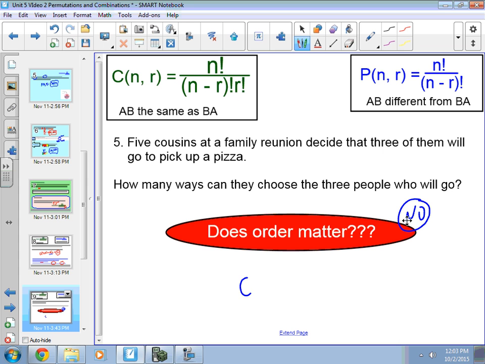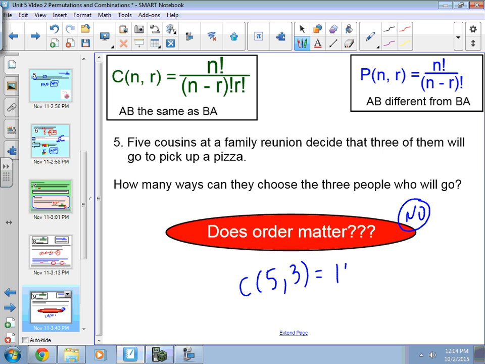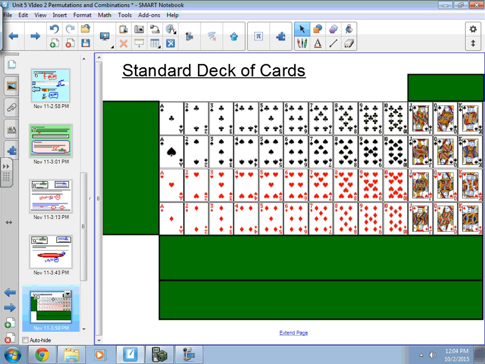So we do combination of 5 choosing 3. If you put that in your calculator and solve it out, we should get, let's see, pick combination, enter 3 people. Looks like there would be 10 different ways we could choose a group of 3 out of 5. That's combinations. All right, we're going to try another combination problem here in a second, but these next two involve